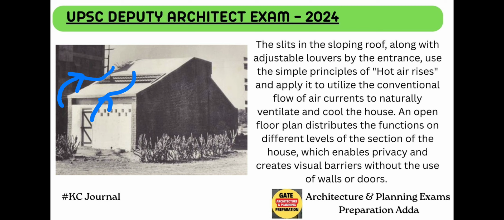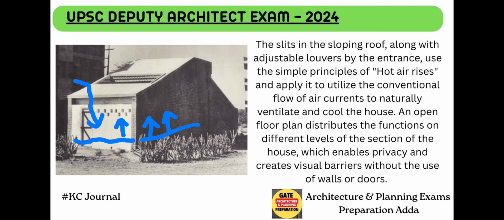So hot air entrance uses a simple principle: hot air rises, and it applies it to its conventional airflow. Basically, if during the afternoon the whole house gets heated up through the sun rays, the hot air inside the house will be lighter. In climatology we have learned hot air is always lighter and cool air is denser. So normally cool air stays in the lower part, where humans are sitting, and that area will be cooler, and hot air will rise above,